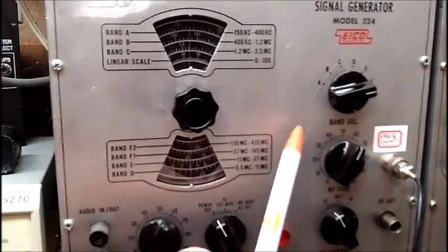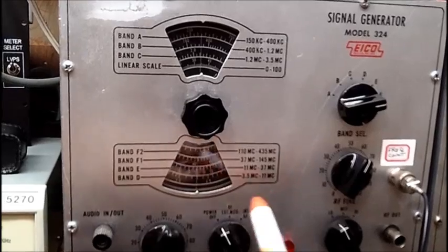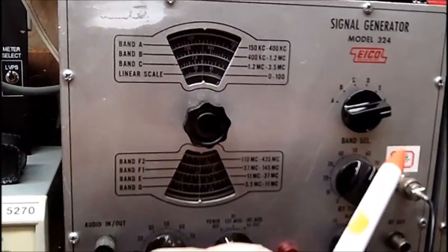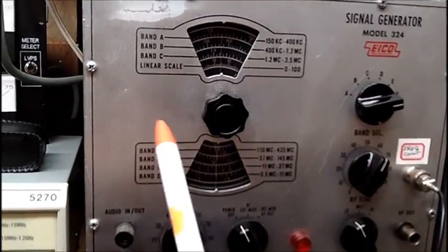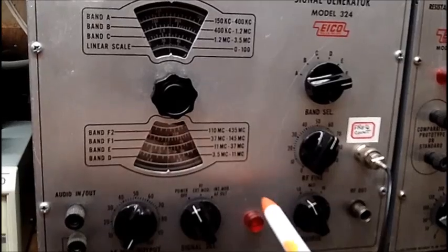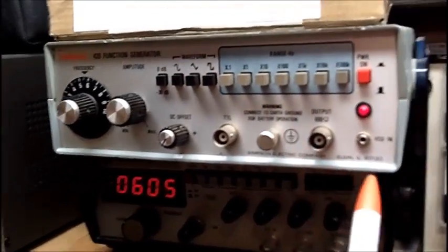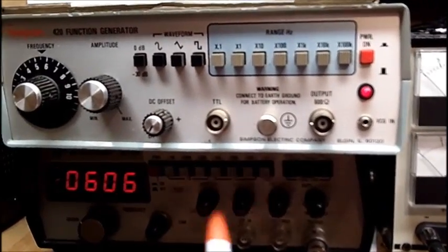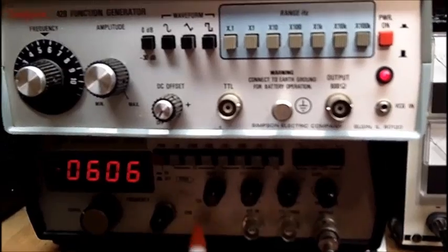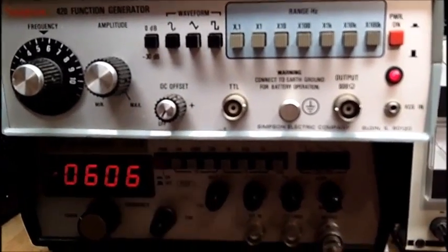So that's why you use something like this if you want to make the adjustments at 455 kc, 600 kc, 1500 kc in your AM radio. That's fine, because this puts out in millivolts. These are not designed for that. But anyways, I wanted them for audio generators rather than going to buy an audio generator. That's what I did, and they seemed to be cheaper, at least at the time I got these. But anyways, the point is,